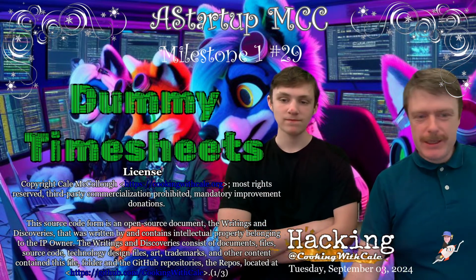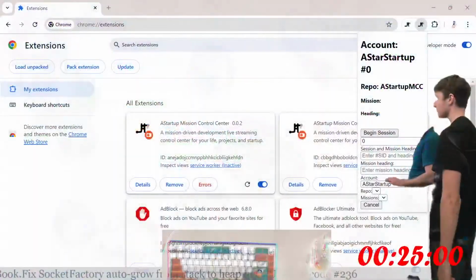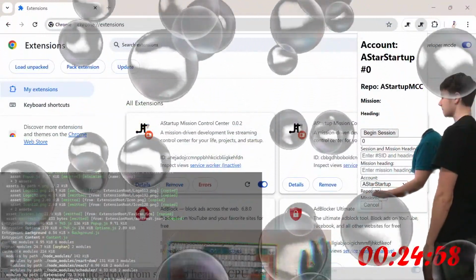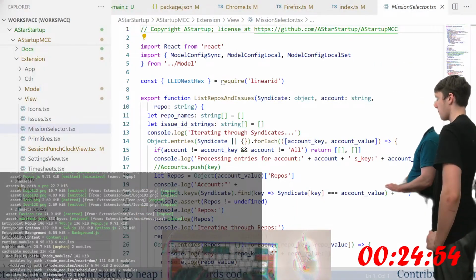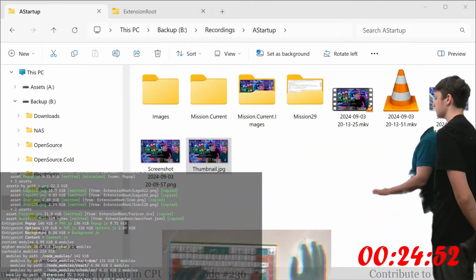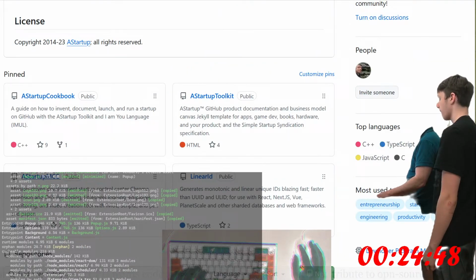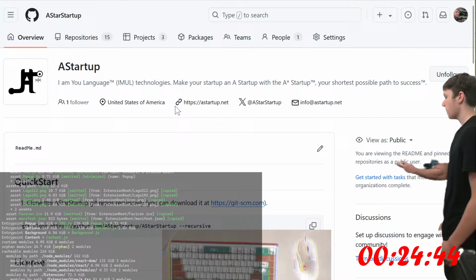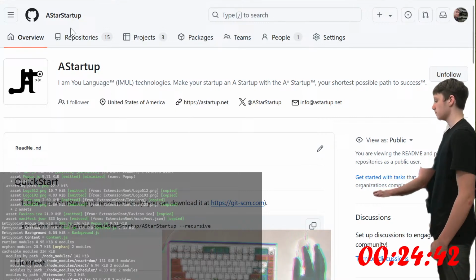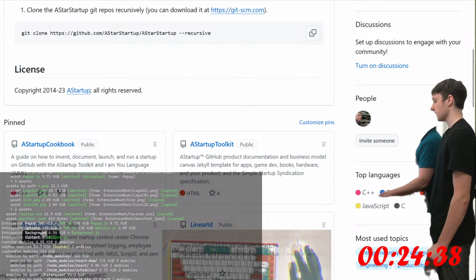All right, so what are we doing today? What have we got for you? We are doing the AStartup Mission Control Center on GitHub, so you can find that one at github.com/AStarStartup/